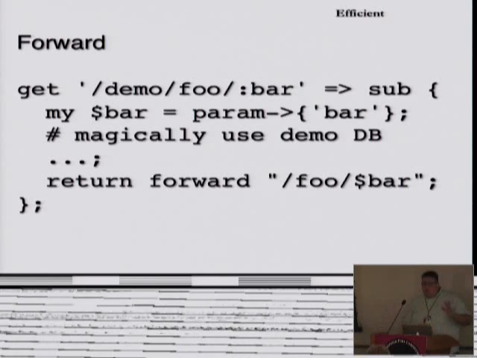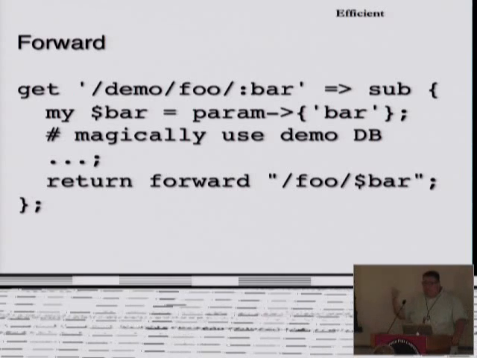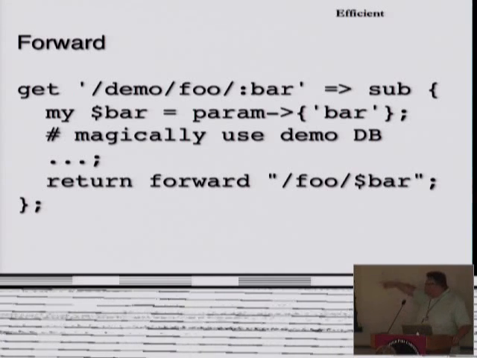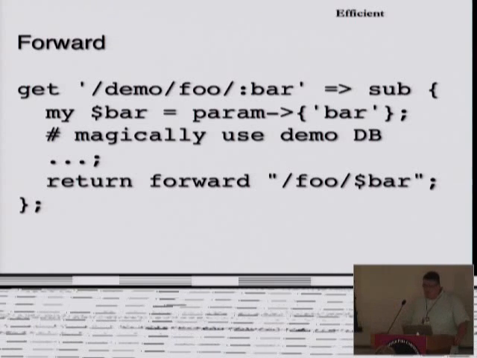using your dummy data. So the idea here is that you don't have to cut and paste data. You can fetch your data in this route and then forward it to the real route handler that does actually all the rendering and display and all that stuff. So that's kind of cool.